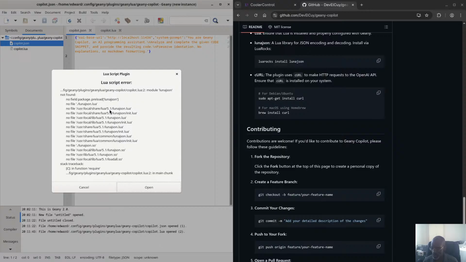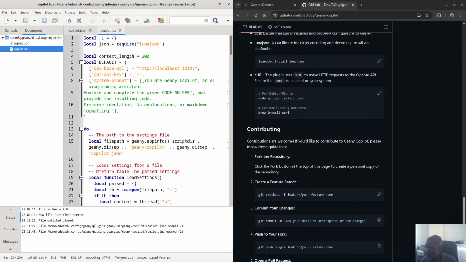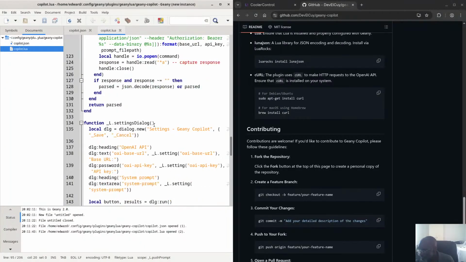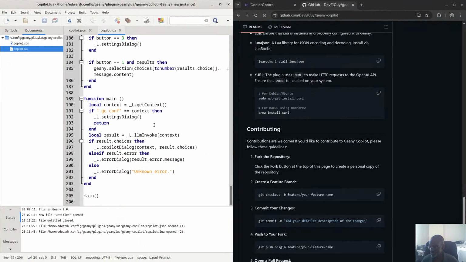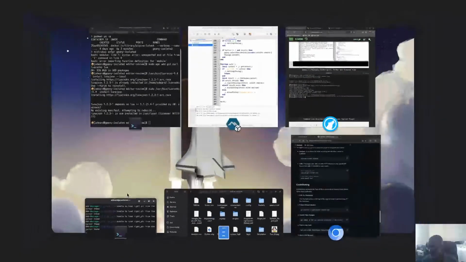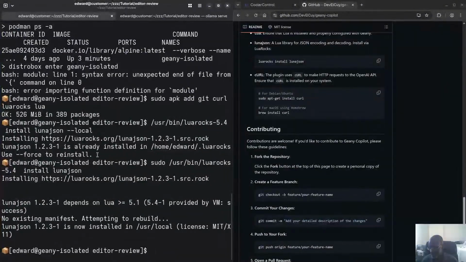So there's a couple ways to fix this. One is to pretend that it's a 5.1. Or I could actually have looked in here to see if it's hard coded somewhere, what it's looking for. Lua. Yeah, I should probably have done that instead. Okay, so that's fine. The trick is I could create a